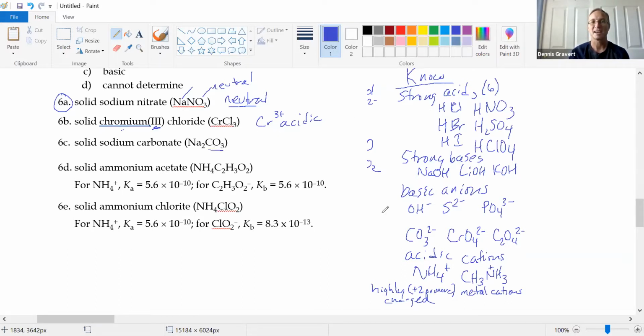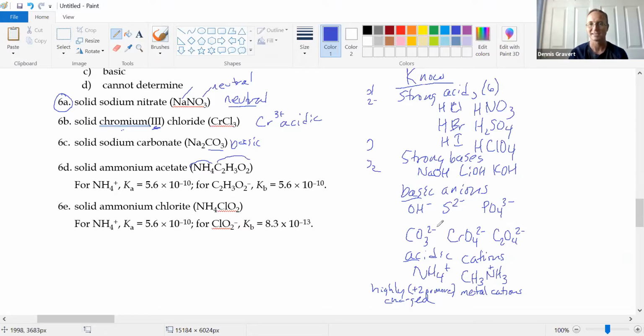Carbonate, that's right here. That's a basic anion. That's going to make a basic solution. There you go. That's the plan. For the mixed salts, meaning you have a cation and an anion that could each change the pH, well, do we? NH4 is the ammonium ion. It's right here. It's an acidic cation. So the pH should go down, lower pH for the acids. And then we have